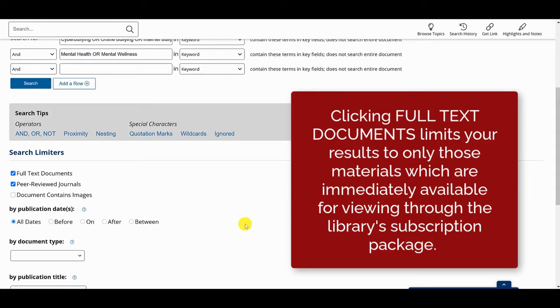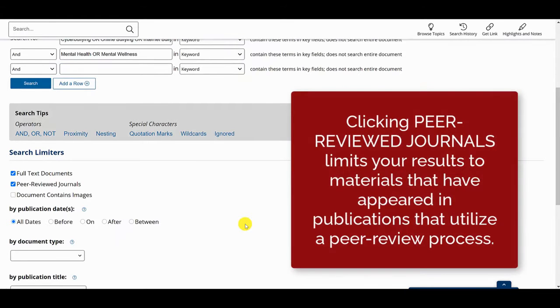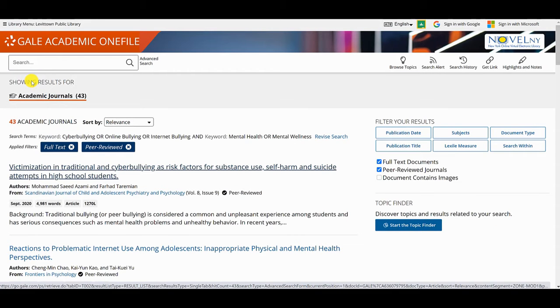Clicking full text limits your results to only those results that you can read right now. As we mentioned in a previous video, the peer review process is a quality control process employed in the scholarly literature. Clicking peer-reviewed journals will ensure that your results are coming from scholarly academic journals and not magazines or newspapers. Now we'll click Search. We have a nice manageable search, but if we wanted to narrow it down even further,